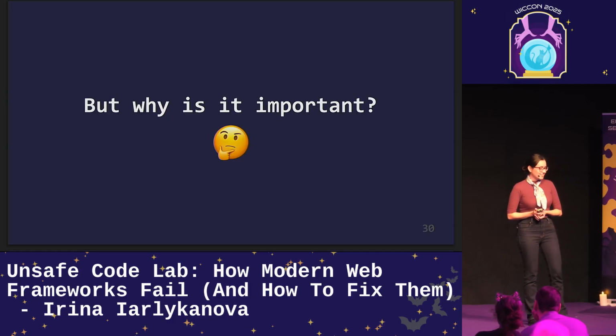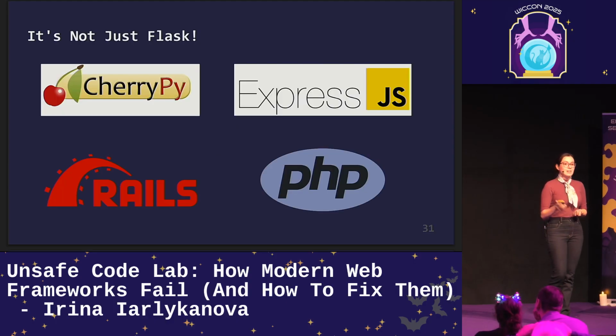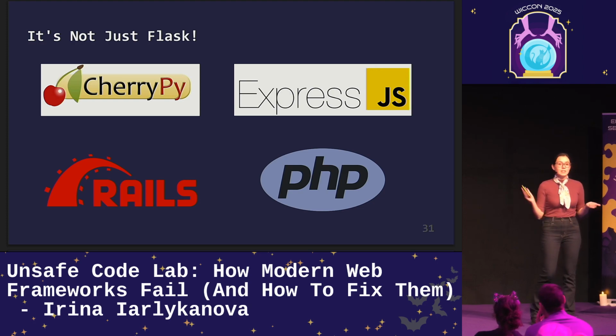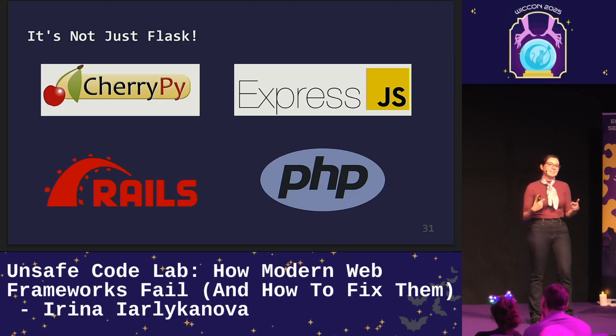Yay! Let's just understand why it is important. Because you say, okay, Flask has this little trick, and what, I'm not programming in Flask, I don't use it, I don't care. And I say, my friend, this is not just Flask. Actually, this vulnerability has been found in CherryPy, in Express.js version 4, in Ruby on Rails, PHP, and even more frameworks. And what I want to emphasize is that it's not the framework's fault, but some frameworks have these